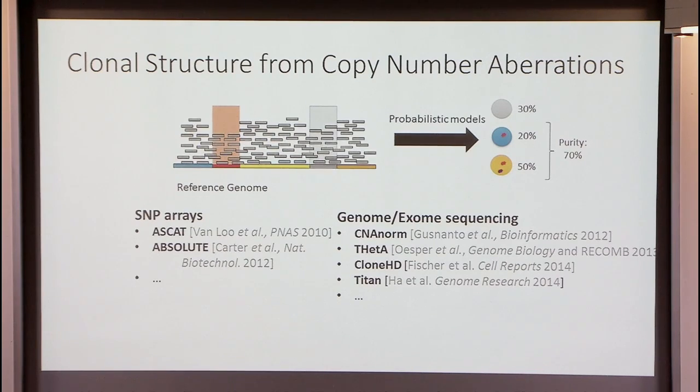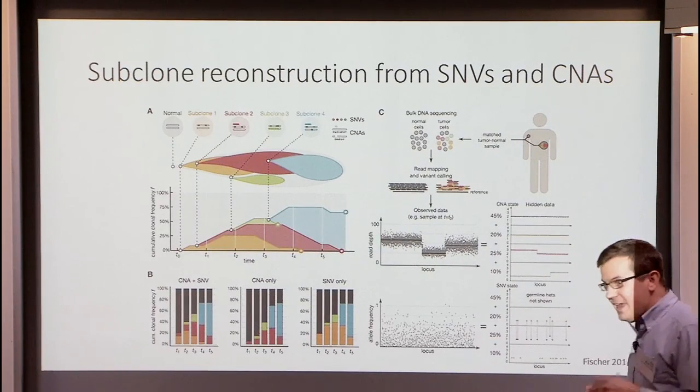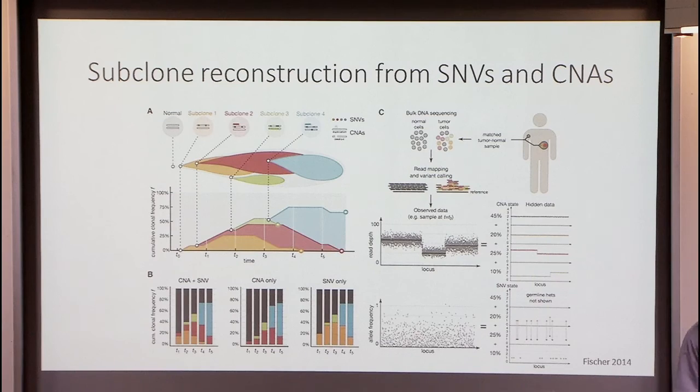So that's the outline for a number of such methods. It's been done a number of different times using different data. You have to then do the probability model differently for SNP arrays and for genome and exome sequencing data. These models differ in terms of how they set up the model, obviously the data types, and whether or not they just try to separate out the normal from the tumor using copy number aberrations, or whether they go further and actually try to characterize these subpopulations and predict their frequencies. There's going to be more of this at the workshop, with people describing more sophisticated methods for this type of analysis.